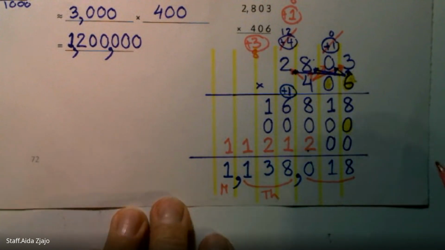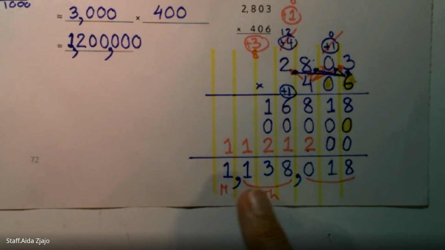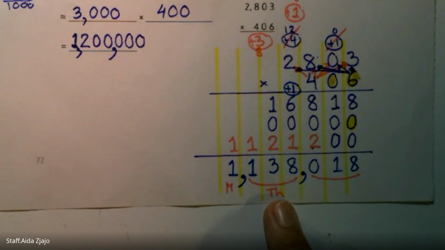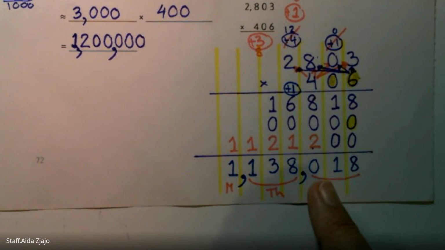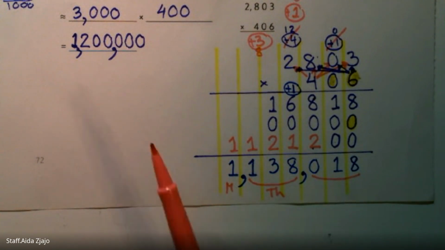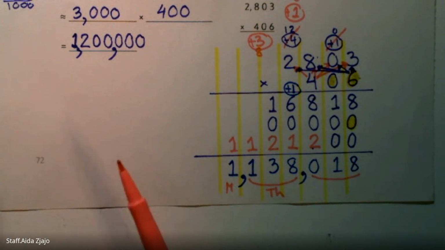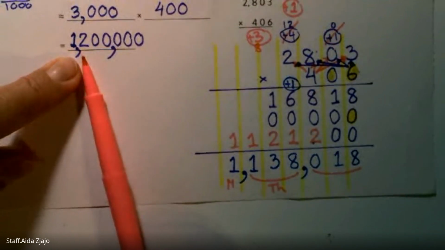138,018. So we can say 1,138 thousands and not end. End is decimal without end. And we just say 18. So 1,138,018. And that, if I look, my estimate was